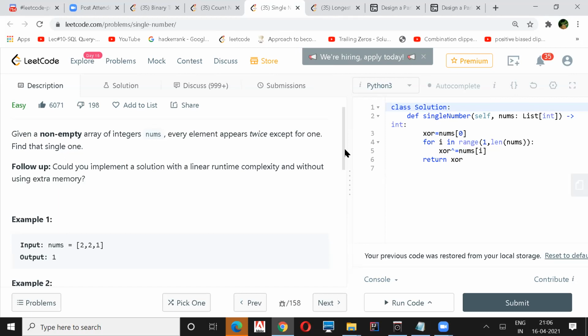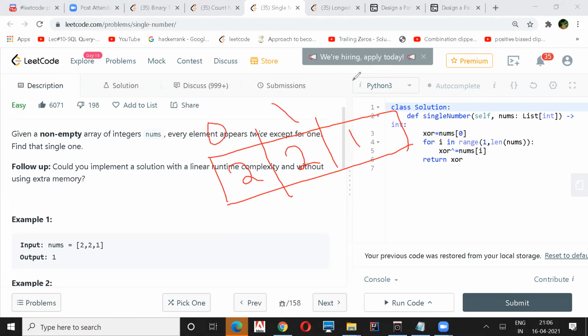Before coming to XOR, there is one more way. Oh, I got it, it's the indexing way you are saying. At the zeroth index you go and you see 2, so it takes you to index 2 and you put a minus there. Then you go to index 1 and it will again take you to 2, but it's already been visited. No, it won't work in this case. Not this one.